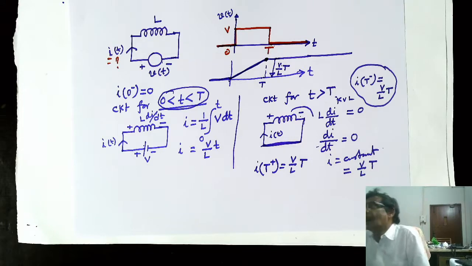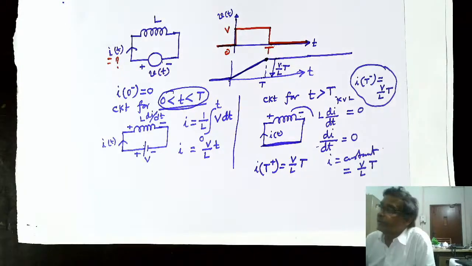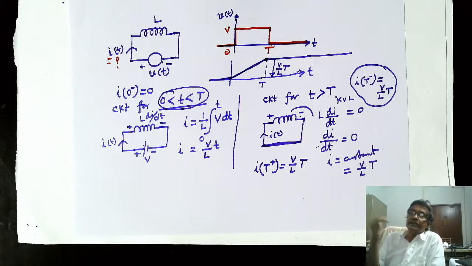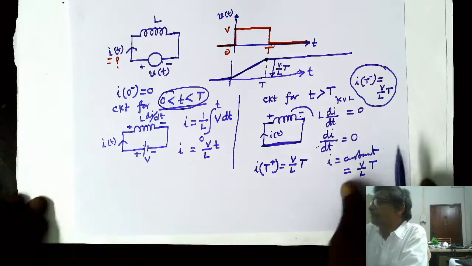At this point, I would like to make another interesting comment. You see, to establish current in an inductor, you have to apply some voltage across the inductor for a certain time. Got the point? And then current will rise. For example, you have a circuit like this. These are the points I want to stress rather than doing only mathematics.